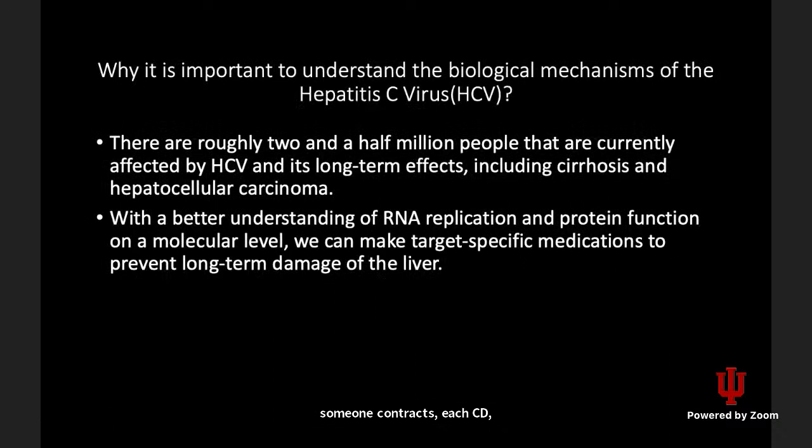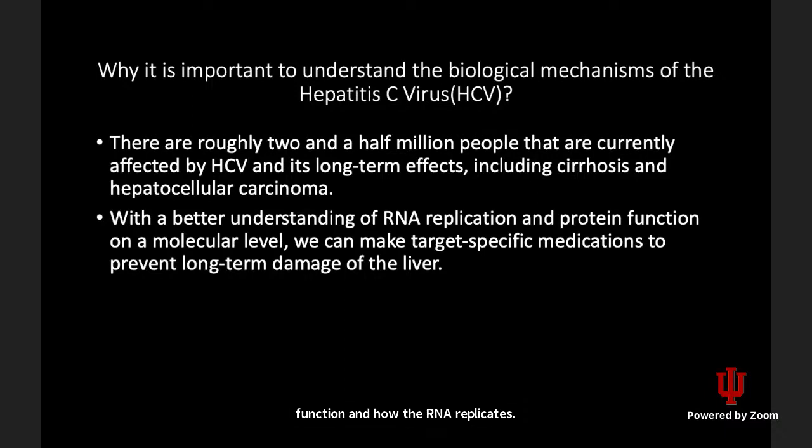It's important because there's a lot of people that are still currently affected by HCV, even though we have a vaccine out. And long-term effects of hepatitis C are cirrhosis and liver cancer, and those are both fatal. And then with a better understanding of the protein function and how the RNA replicates, we can make target-specific medications